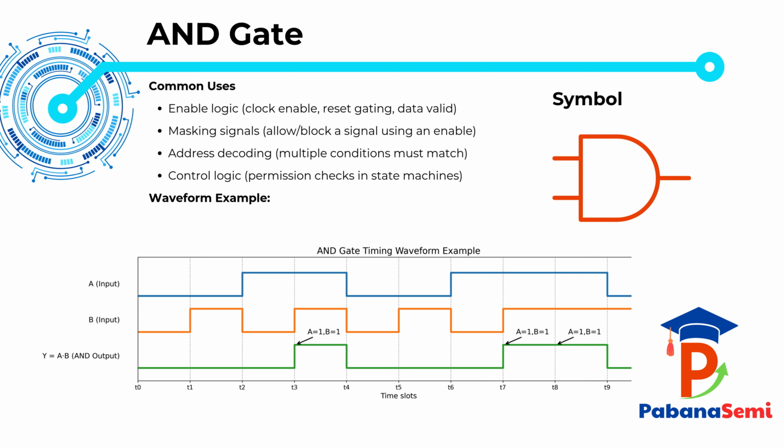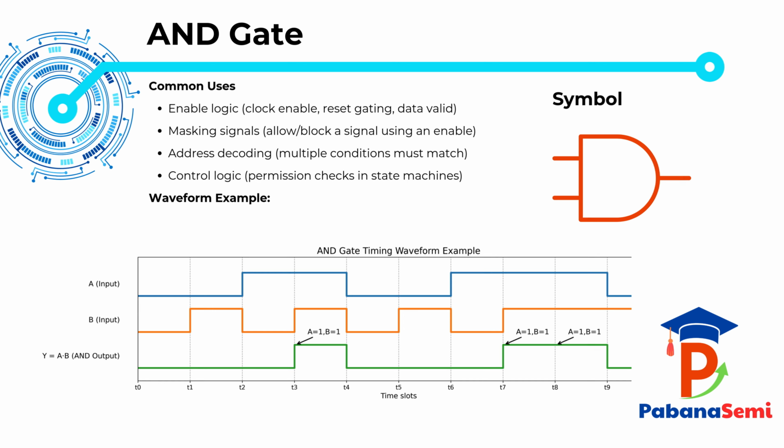Another key use is masking. Masking means we can allow or block a signal using an enable input. If the enable is 0, the AND gate forces the output to 0, so the signal is effectively blocked. AND gates are essential in address decoding. Here, multiple conditions must match at the same time, such as selecting a particular memory region or register based